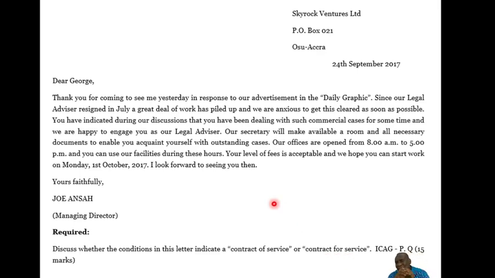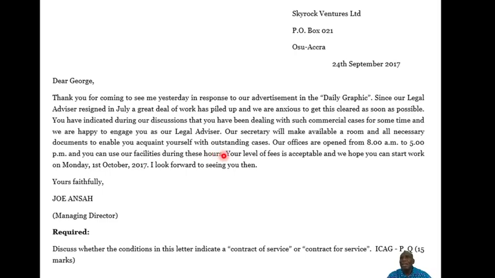Now, the conditions in this letter indicate a contract for service, which means it is not an employment contract, but rather a business contract. The guy, George, is self-employed for the following reasons. Now, one of the reasons you can adduce is that our secretary will make available a room and all necessary documents to enable you to acquaint yourself with our cases. It does not mean that he is supposed to use the office space,